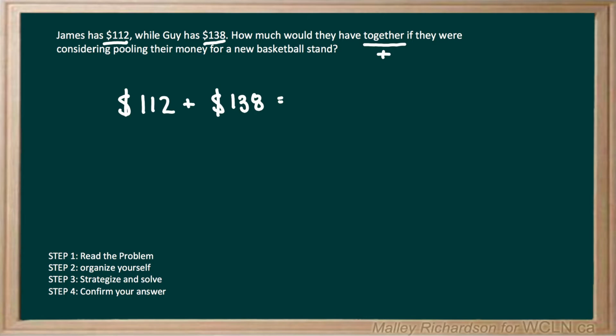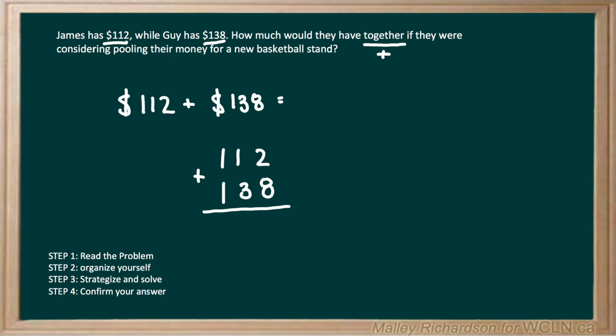To solve this, we want to write out our question. So we have our first amount of money of $112 written on top, and then our second amount of money of $138 written directly below. Now remember, when you're writing these numbers, you want to make sure that your digits are lined up. So the 2 and the 8 are lined up, the 1 and the 3, and the 1 and the 1. So now that everything's lined up, we add the addition sign, the line below, and then we add the numbers